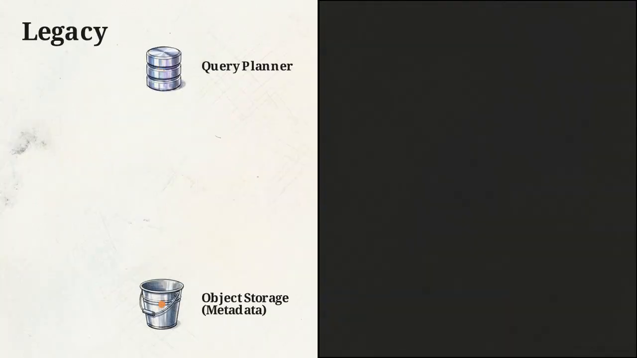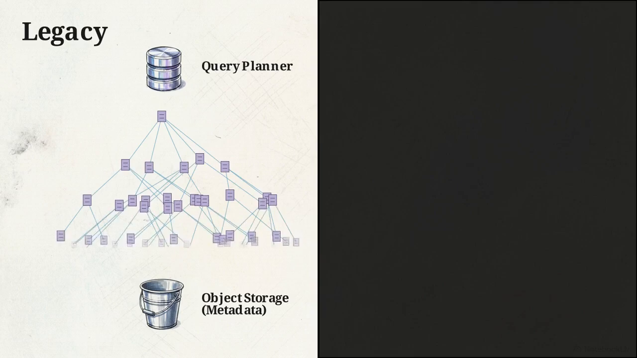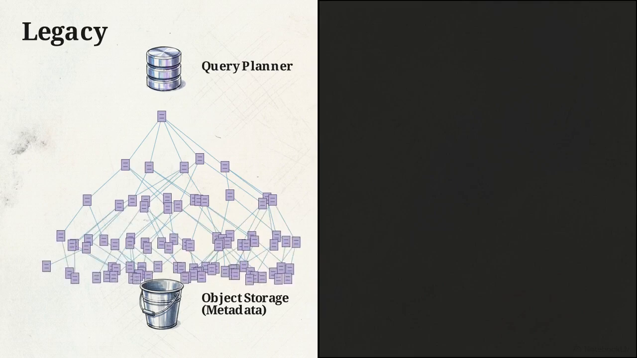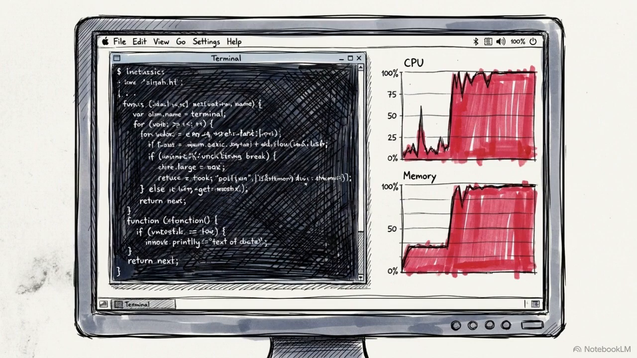On the left, a legacy format generates thousands of tiny manifest files. The query planner is forced to crawl this exponentially branching tree. Parsing this sprawling hierarchy introduces severe latency, waiting on hundreds of network requests just to retrieve data. To keep the system functional, data teams are forced to run constant, resource-intensive background compaction jobs just to clean up